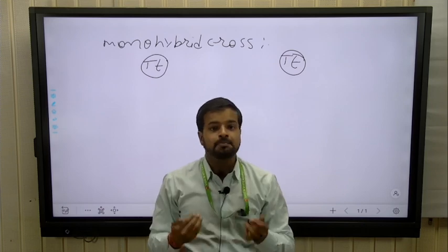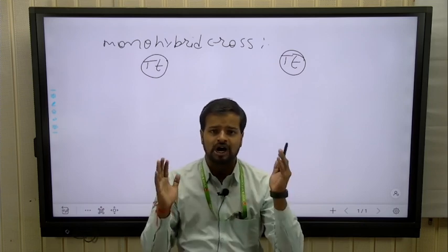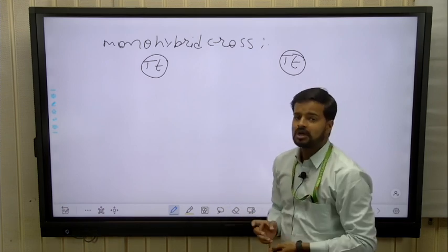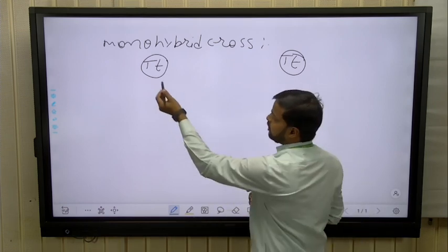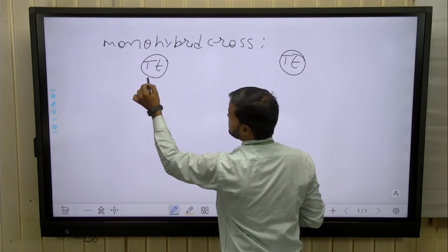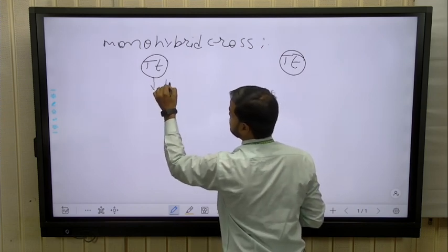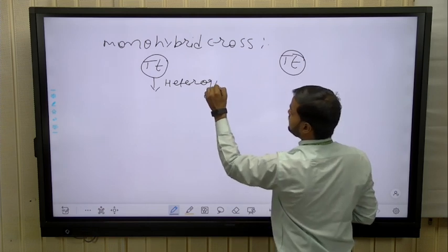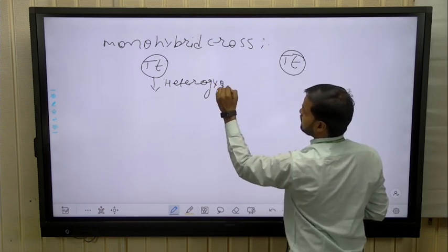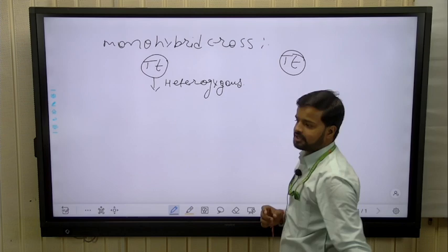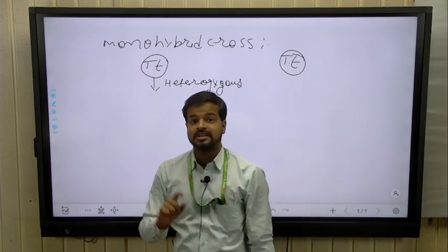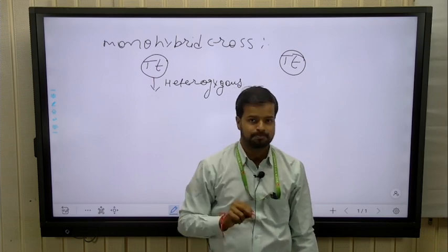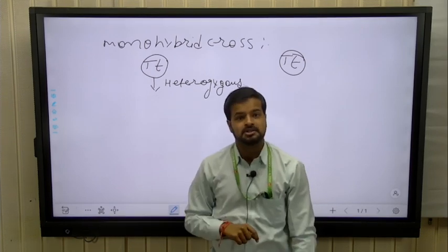but with me, you won't be confused about how the gametes are formed, because we clearly distinguish how gametes are formed, because this is a heterozygous condition. Here we now write heterozygous condition, heterozygous. And as we know, what is heterozygous? When two different alleles are present in a pair, it is called what? Heterozygous condition. Clear?